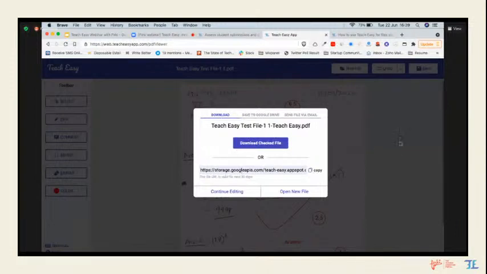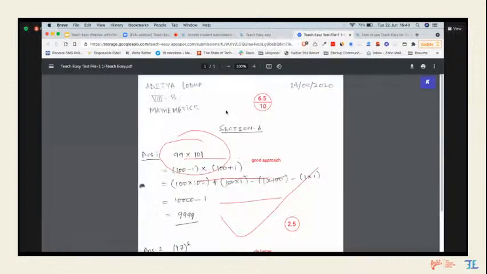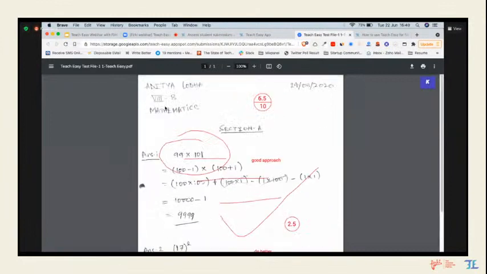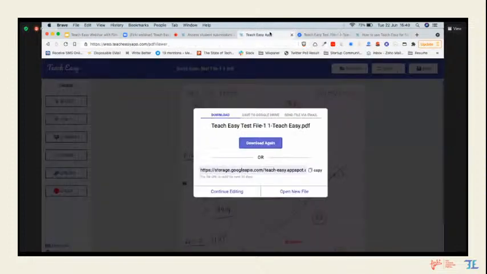So just in one click, your work is now getting saved, and now this saved work is available for you to send back to your students in whichever way you want. So if you want to download this checked file, click on this download checked file. The checked file will open up in a new tab, and it will show up in just a moment, right? See, so this is what we did, right? Now this is available in front of you, exactly the same way you did.